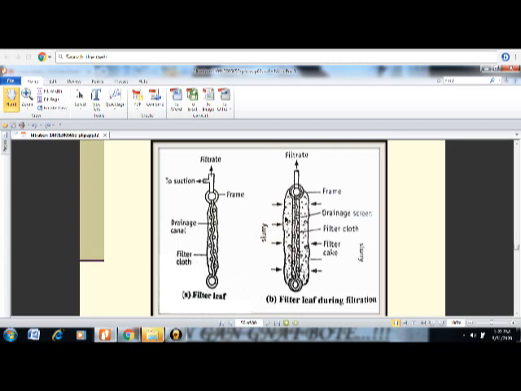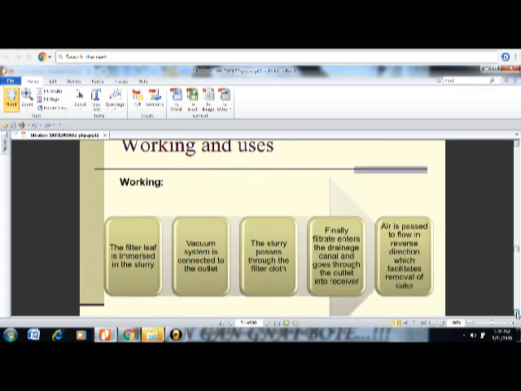ये बाहर आ जाएगा, राइट। एंड कॉम्प्रेस्ड एयर यहाँ से भरेगी तो ये जो है ये बाहर के साइड में फिल्टर क्लॉथ जो है वो बाहर आ जाएगा, जिसकी वजह से the filter cake which is attached on this filter cloth from outside will get broken into the water. वो जो है वो वाटर में वॉश हो जाएगा, वो ब्रेक हो जाएगा, राइट। So it is going to break or wash into the water.